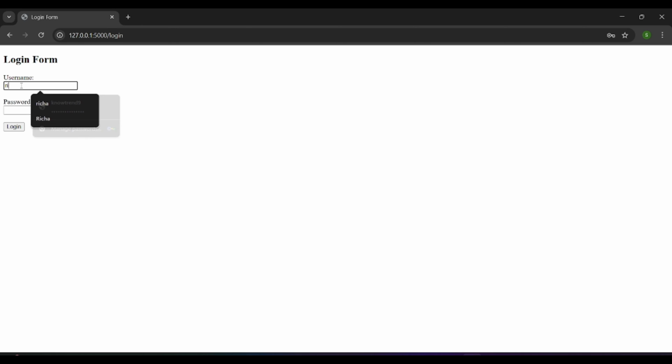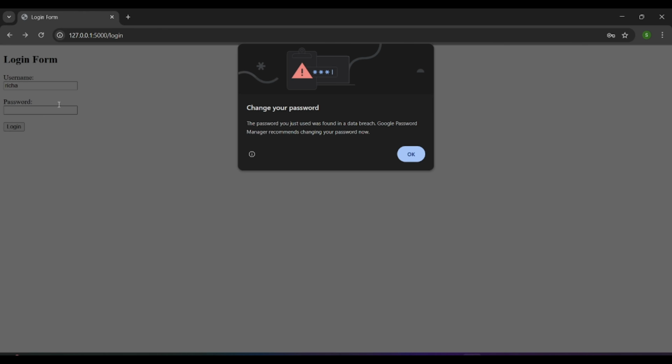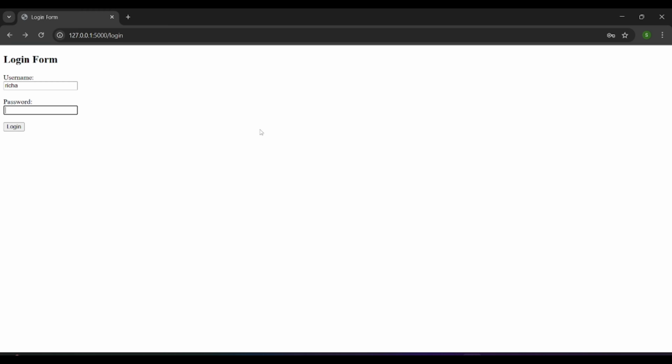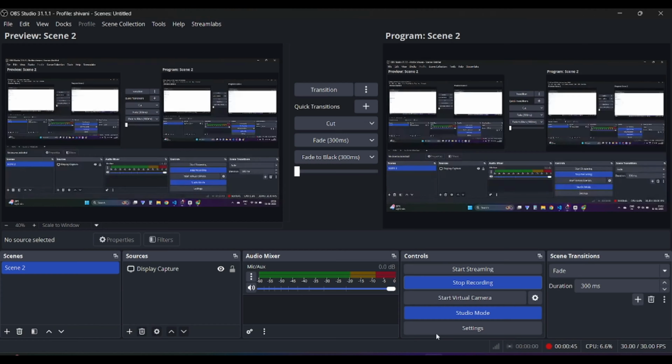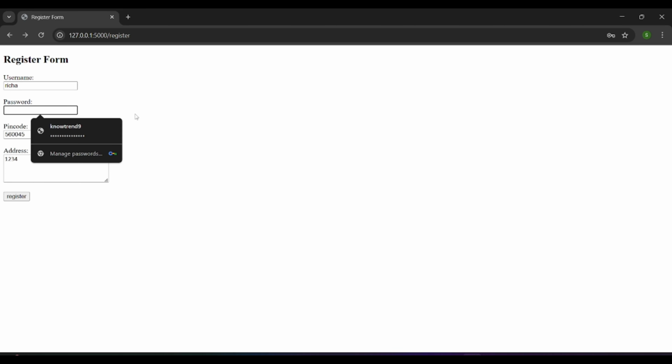Let's fill it with the same information we filled in the register form. See, hi user is showing. If I put a wrong password, it is showing incorrect password. So now we have become an existing user. If I again try to fill the register form, it shows username not available, please use a different name.